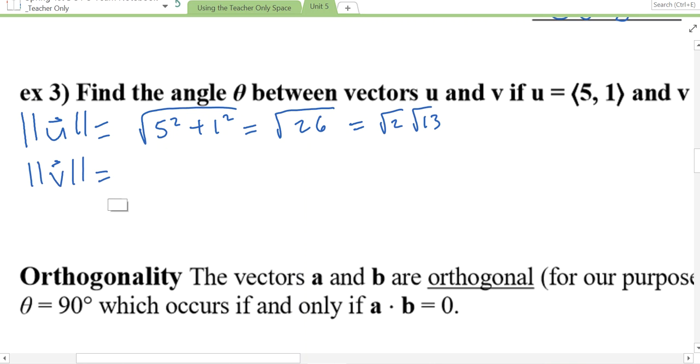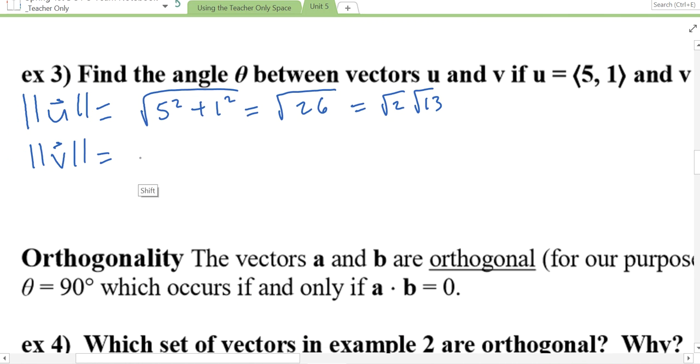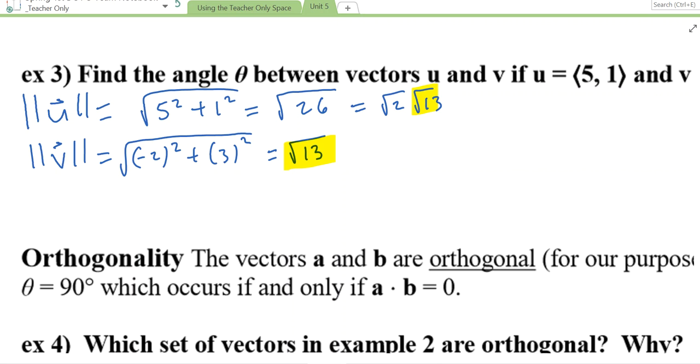And now I'll give away a secret. So for v, it was negative 2 and 3. So we need negative 2 squared plus 3 squared. Take the square root. So that's 4 plus 9, which means it's the square root of 13. Now you see why I wanted 13s. So you have, look, this is 1, this is 2. Got it? That's why I did that. And you'll see in a second why that's important. All right, and then now